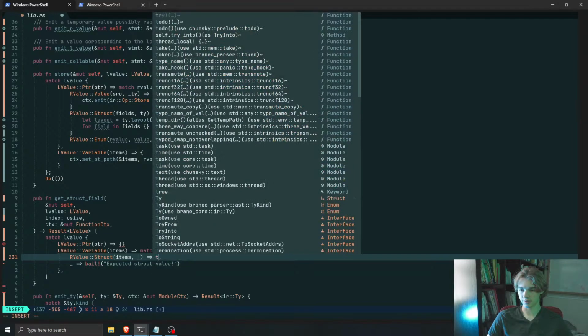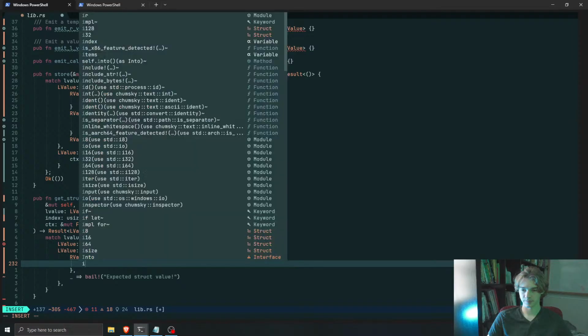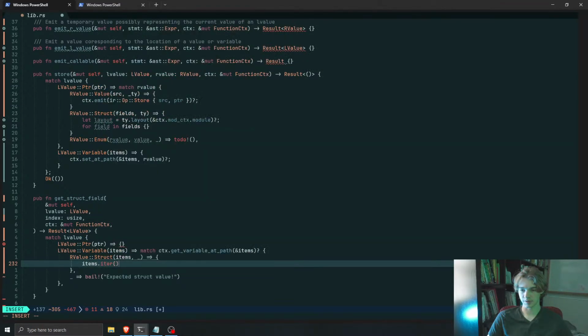Now that we have an actual struct, we can just return items, iterator, find, map,